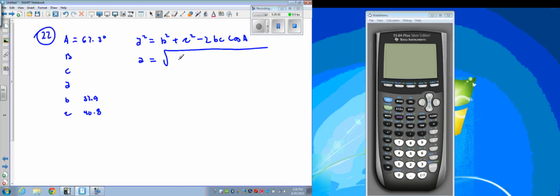Then this is going to be 30, 22. Isn't it 22? No, I meant letter C. Letter C's value is 40.8. Okay. Plus 40.8 squared minus 2. We're definitely going to have to account for that. Times the cosine of